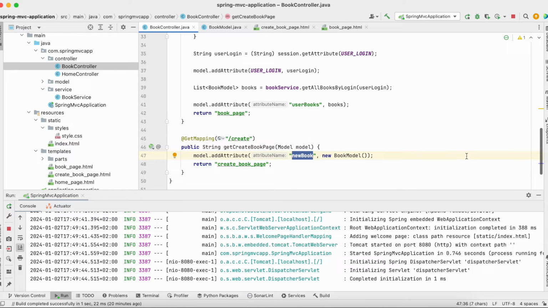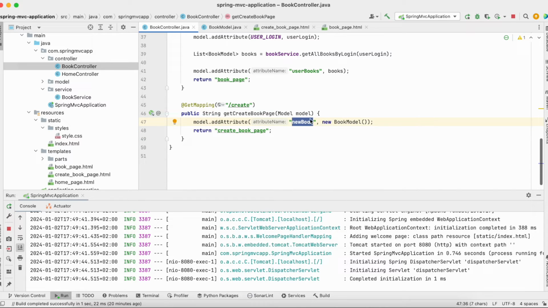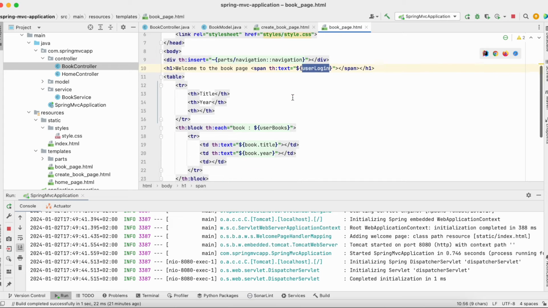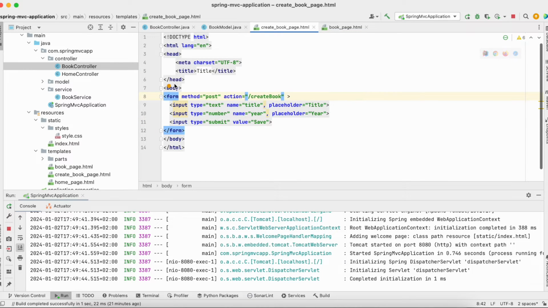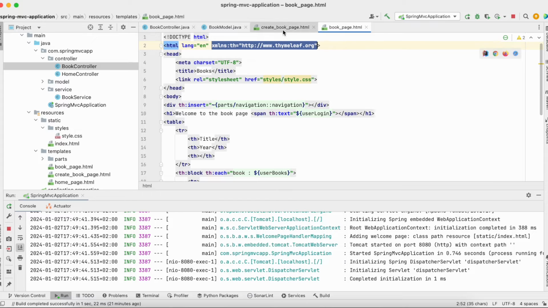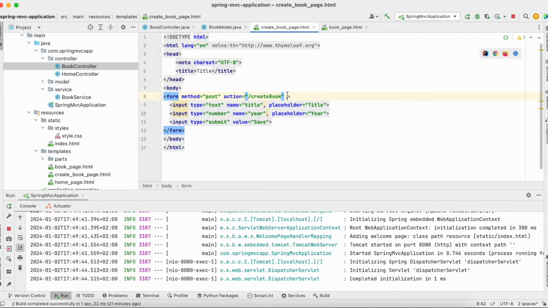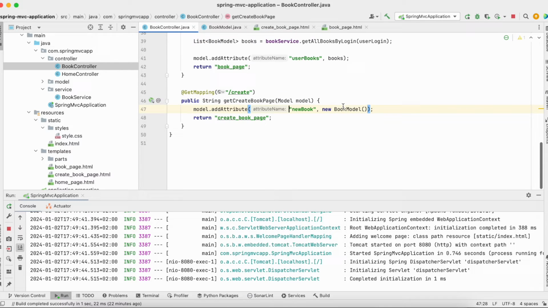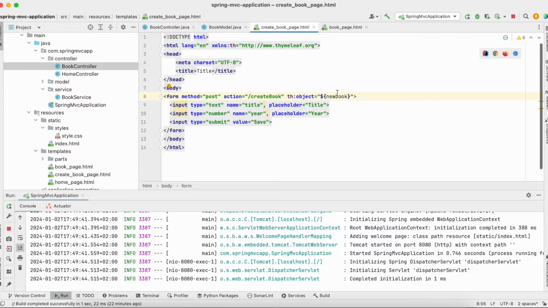And on my form, I'm gonna add these fields for my book model. How can I do this? In the create book page, in this form tag, I'm gonna use Thymeleaf th:object and the name of my attribute, new book. And that's how I pass my empty book model to my create book page, and the name of my input should be the same as the name of my book